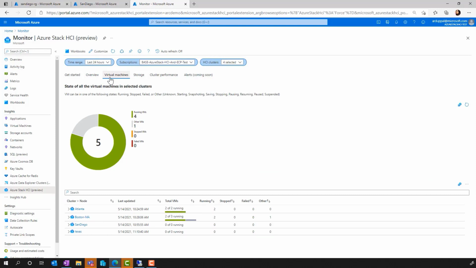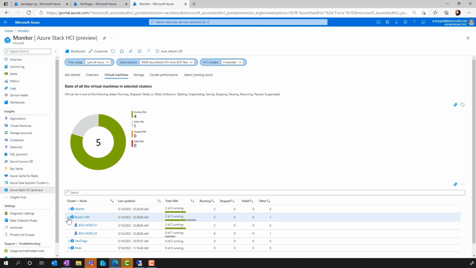The Virtual Machines tab provides the state information of the VMs running on the HCI cluster and its distribution across the nodes.